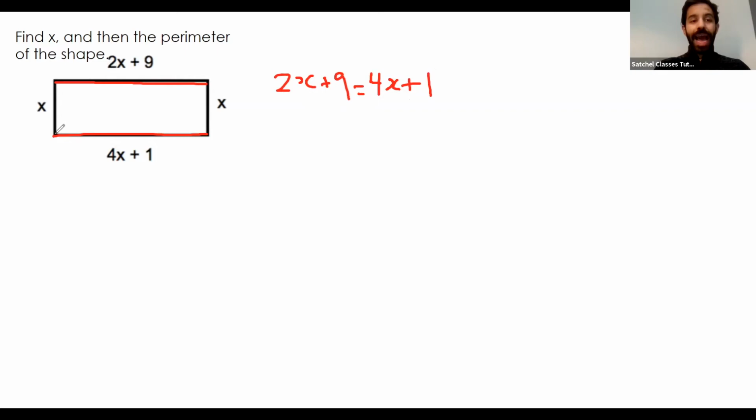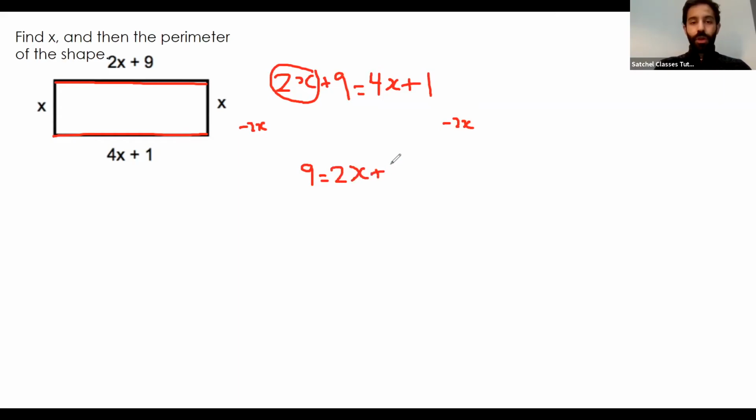So this side has to be equal to this side because we're dealing with a rectangle, and all rectangles have equal opposite sides. So now that we have an equation, we can try and solve it to be able to find x. So I'll start by removing this 2x here. So to get rid of this, I'll have to subtract 2x on both sides. So 2x minus 2x is just 0, so I'm going to be left with 9. 4x minus 2x is just 2x